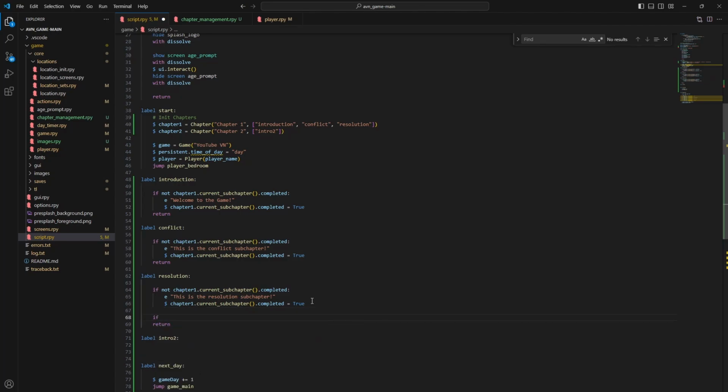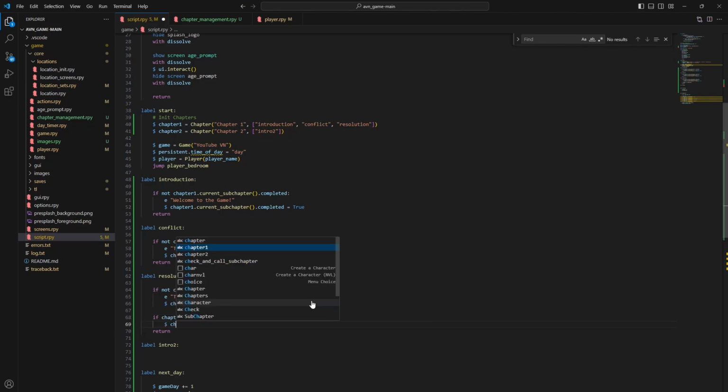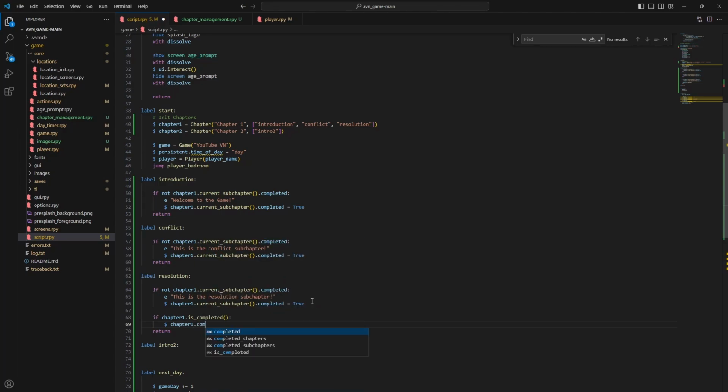So if chapter 1 dot completed is completed, I'm going to do that. We're going to say chapter 1 dot completed is equal to true. And then now we want to append it. So from the player dot completed chapters dot append,